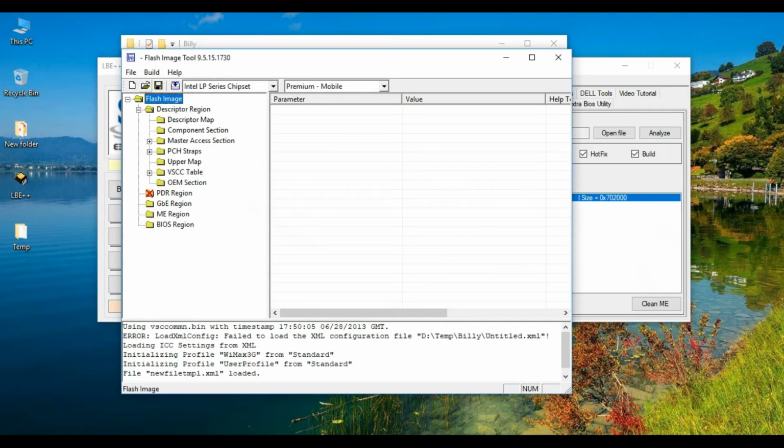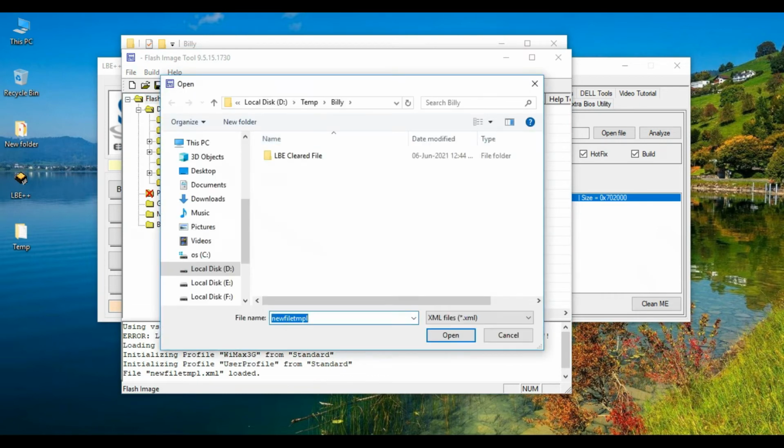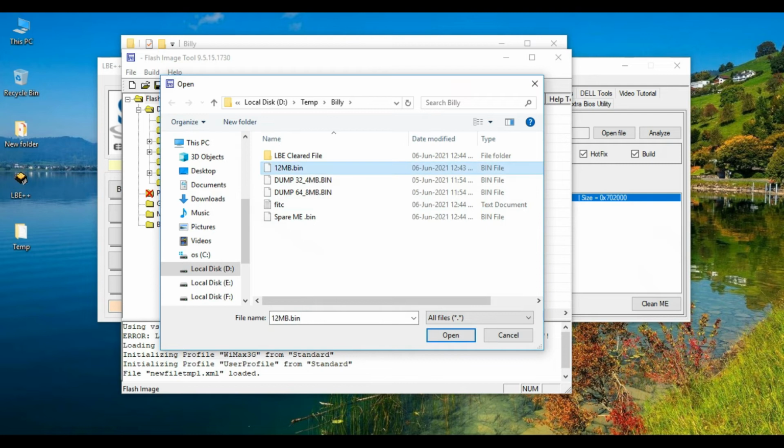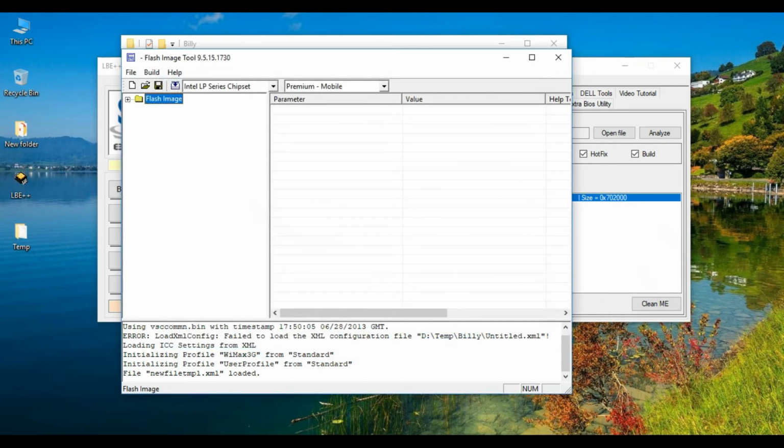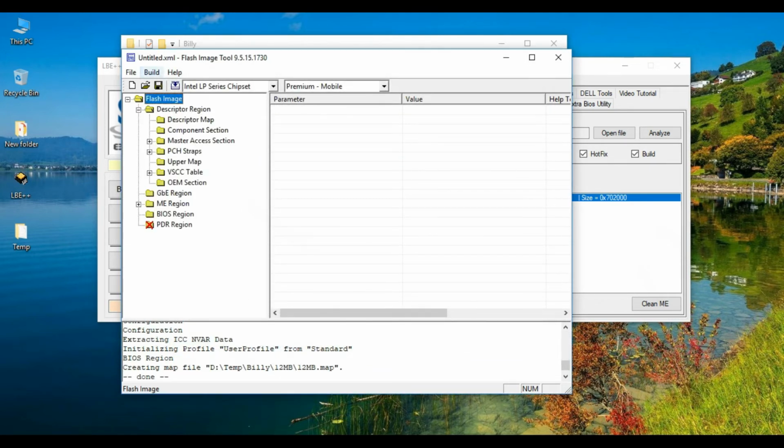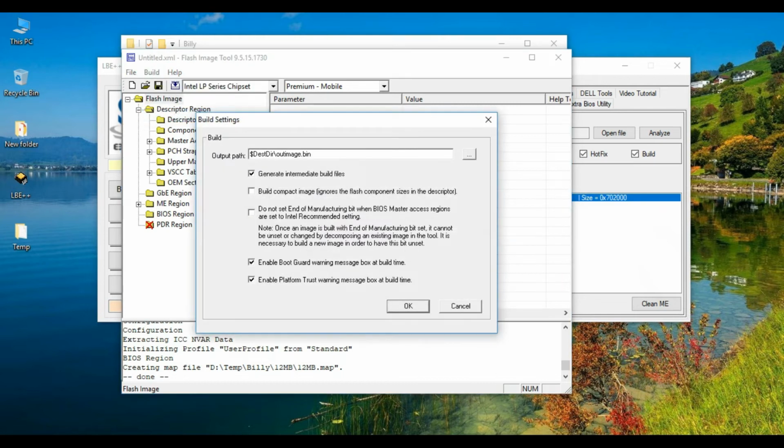Okay, file, open, select XML files as all files, select the 12 MB file. Now go to build settings, remove the tick here, uncheck generate intermediate files and build files.